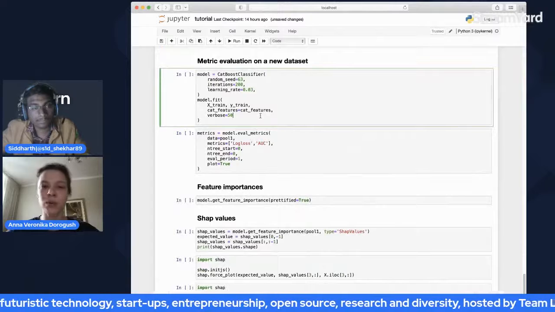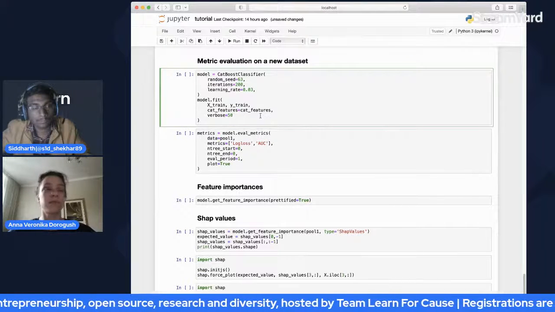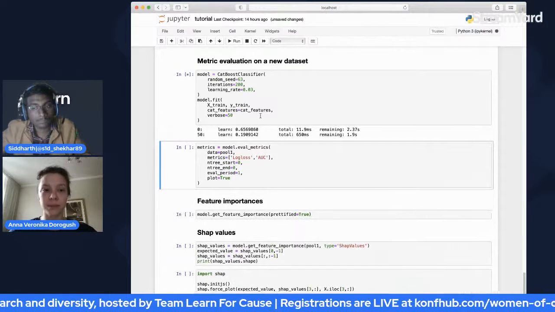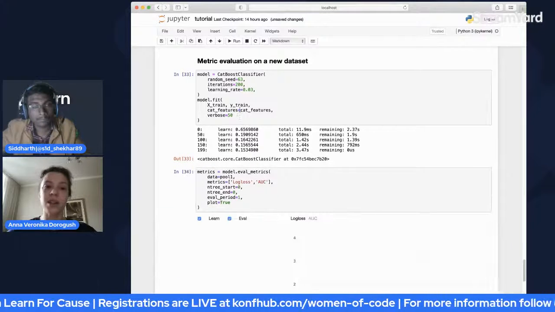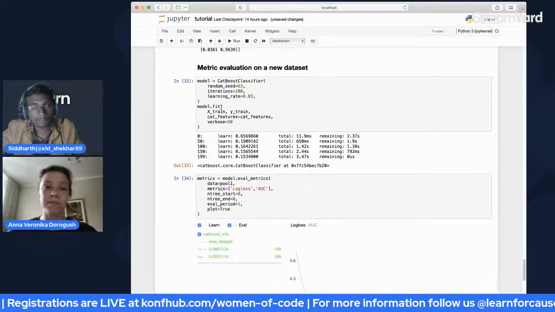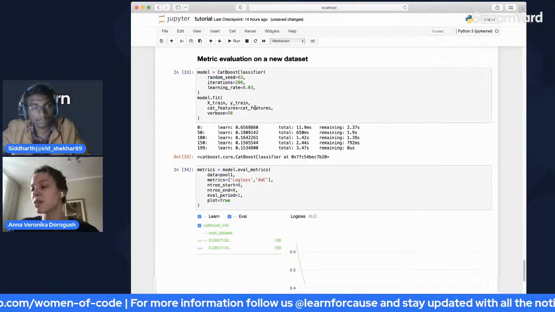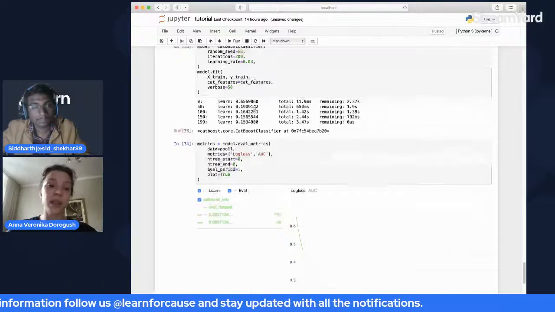Normally, what else can you do? You can train a big model. You can also do it without validation, and then you can validate it on a new data set. Or let's say you are training something and you want to validate it. You have an old model, you have a new data set, and you want to validate it on this new